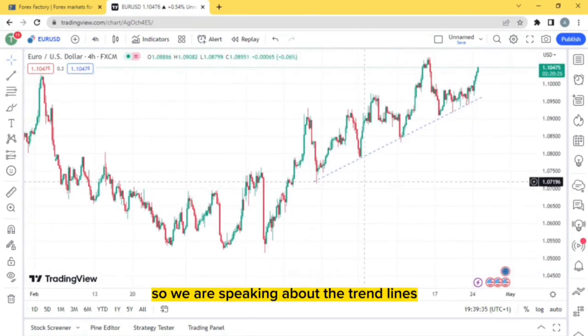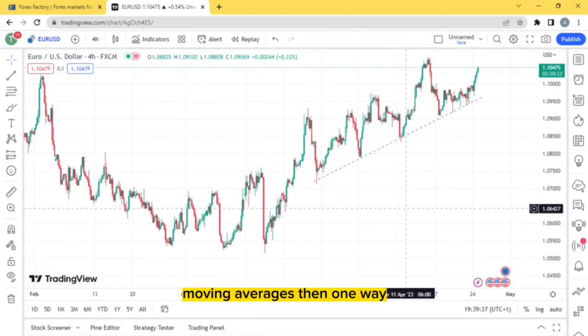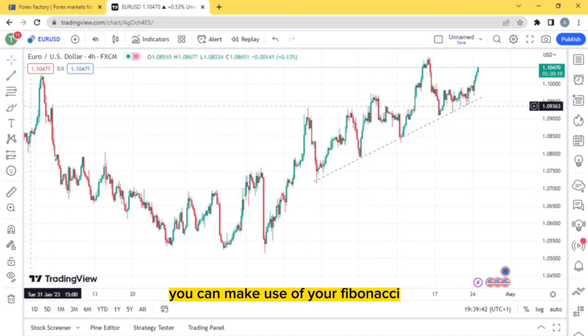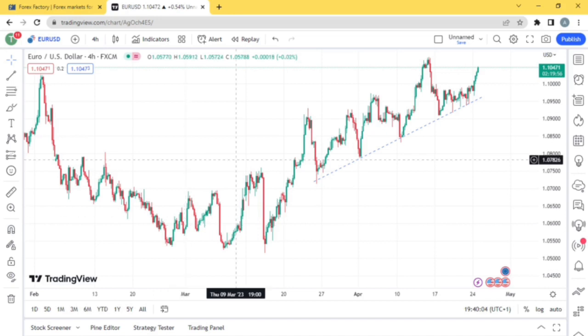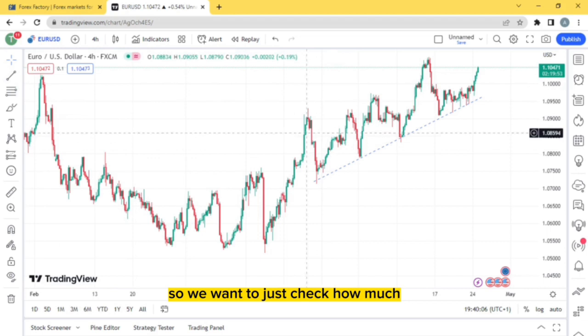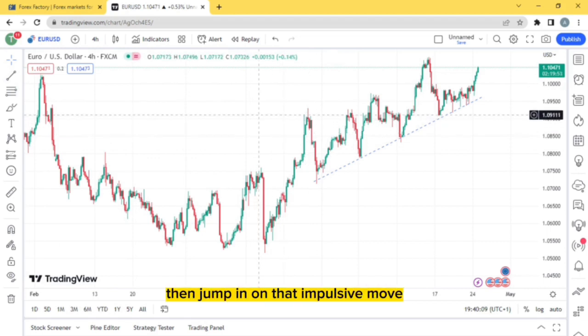So we've spoken about the trend lines and moving averages. Secondly, another object you can make use of is your Fibonacci. Okay, the Fibonacci, because since it's a trending market, you would have lots of impulse moves and retracements, and you just want to be catching those impulse moves after retracement. So you want to know how much. Fibonacci is a tool that is used to check the extent of retracement in a trend. Okay, with key values of 61.8, 70.5, or 78.9%. So we want to just check how much a trend is going to retrace,